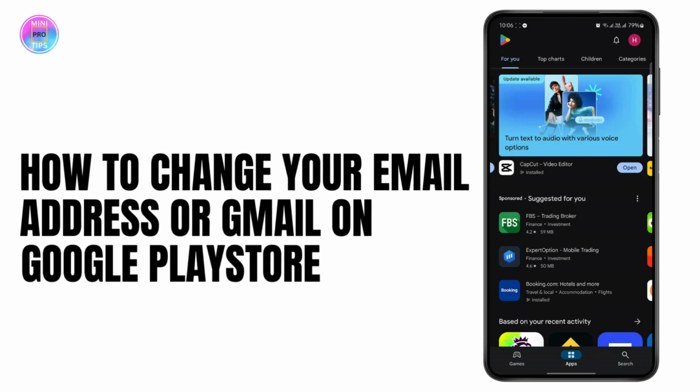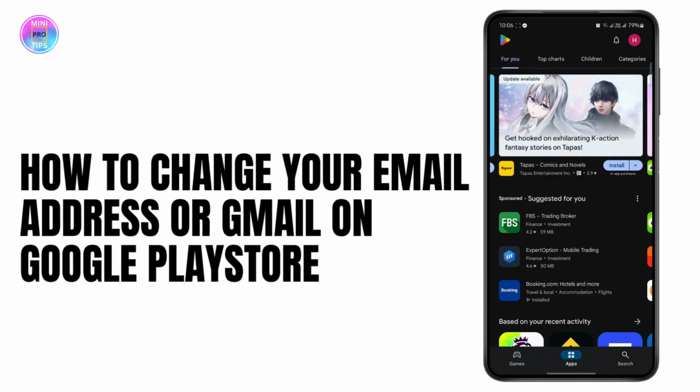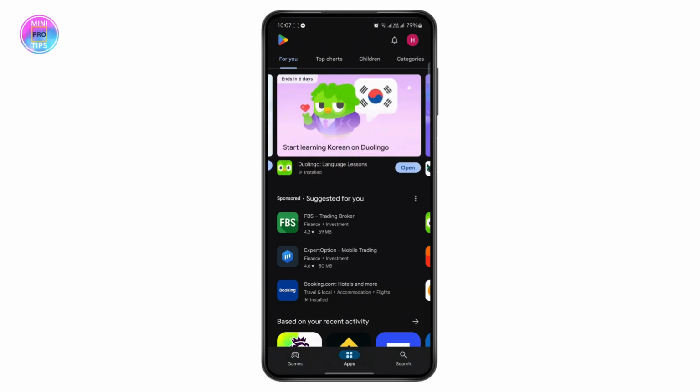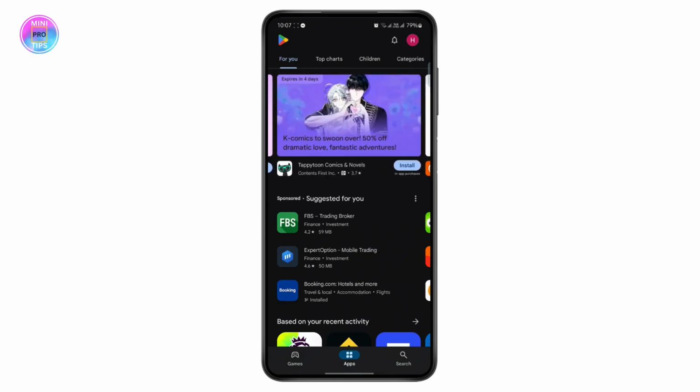How to change your email address or your Gmail on Google Play Store. If you want to change your Gmail account on Play Store, it's a very quick and easy process. You just have to follow along. Alright, let's get started. First, tap on